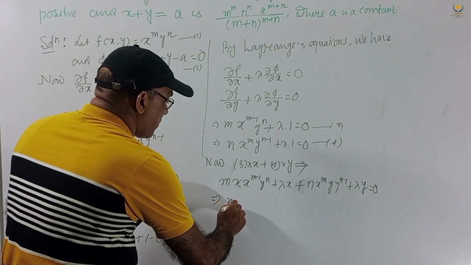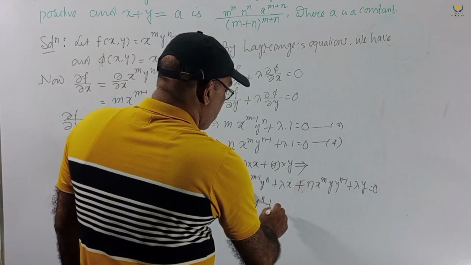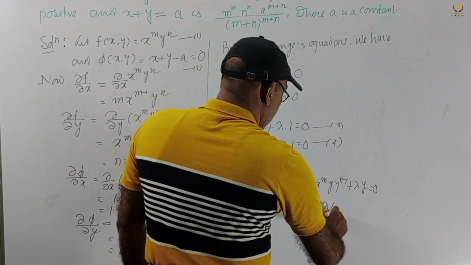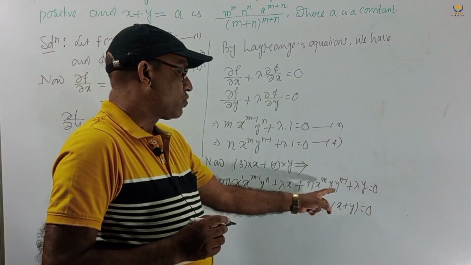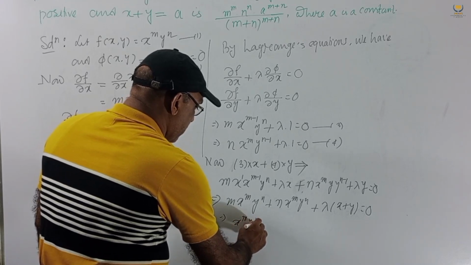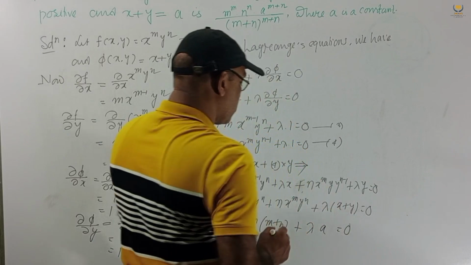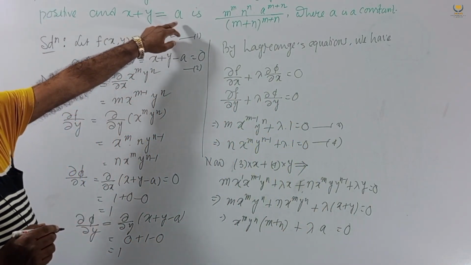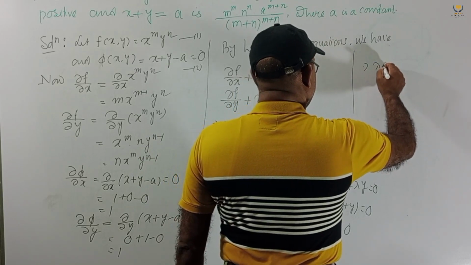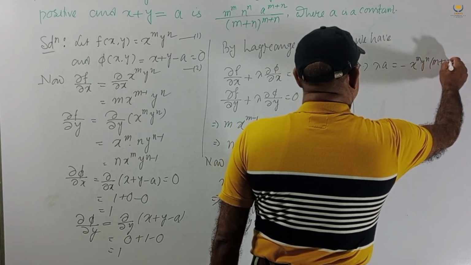So from this we get m, x to the power m, because this power minus 1 cancels, y to the power n, and from this n, x to the power m, y to the power n, then the n minus 1 cancels, and from this lambda is common, x plus y. Just from these two taking lambda common, and here we get x to the power m, y to the power n common, we get m plus n, and lambda x plus y is a, because we know x plus y equal to a, and this implies we get lambda a equal to minus x to the power m y to the power n m plus n,